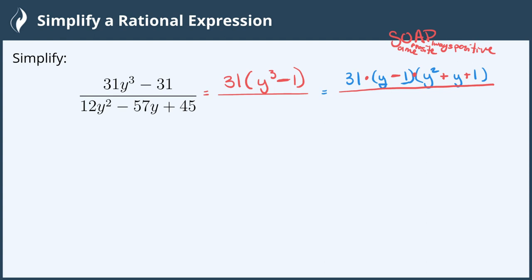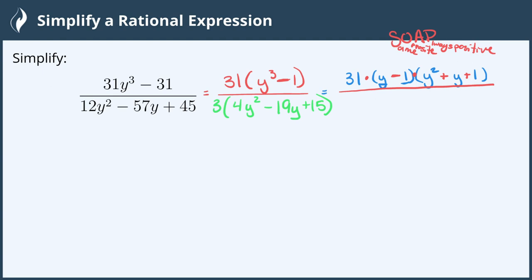The very first thing we always look for when factoring is the greatest common factor. And it looks like the largest number that can divide out of all of those is 3. So I'm left with 4y squared, and 57 divided by 3 is 19. So I have 19y, and 45 divided by 3 is 15. Now that we've factored out the 3, we have a trinomial, and it doesn't factor anything else out,